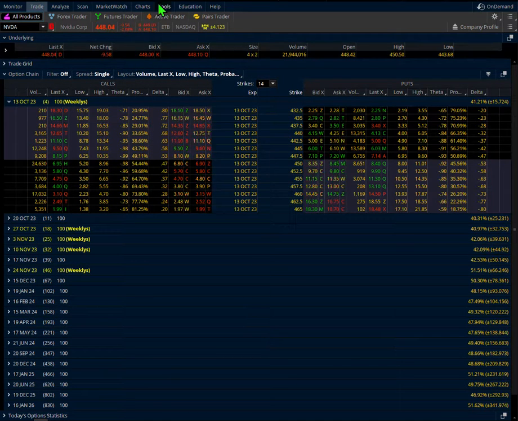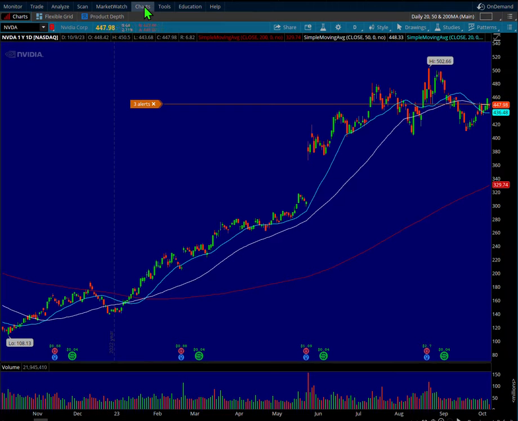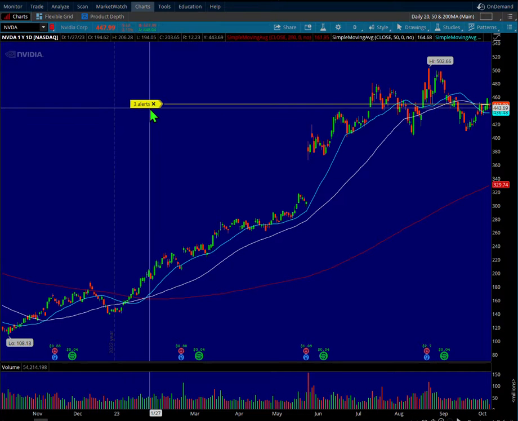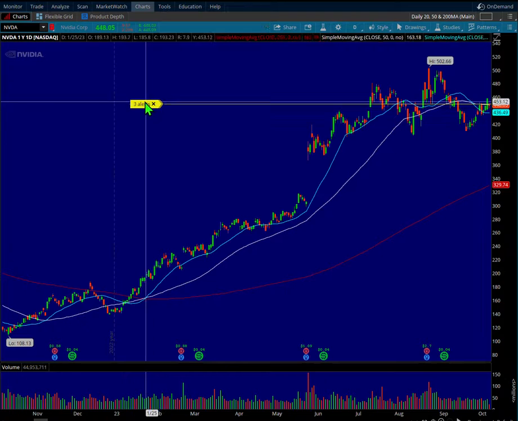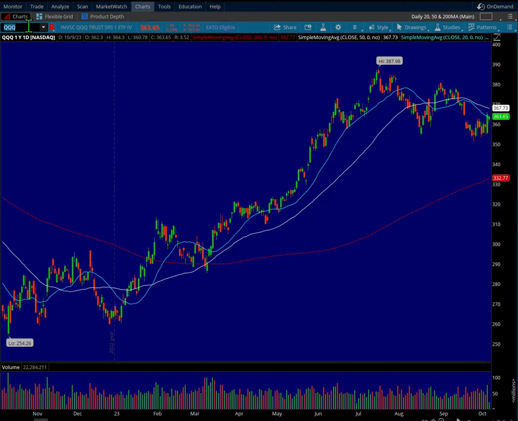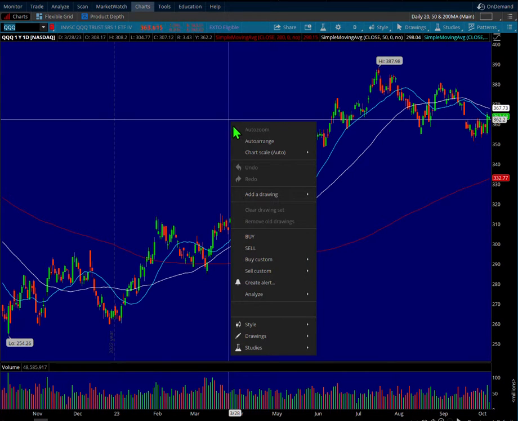Now there's a third way to do this, and you can do it from the price chart itself. And you can see I've got 3 alerts here on NVIDIA, so let's use another symbol. Let's just type in, how about the Qs? Okay, so let's say I want to set an alert if we get up and test this 50-period moving average, which is at 367.73. So if I right click on the chart, I can come down here to create alert,